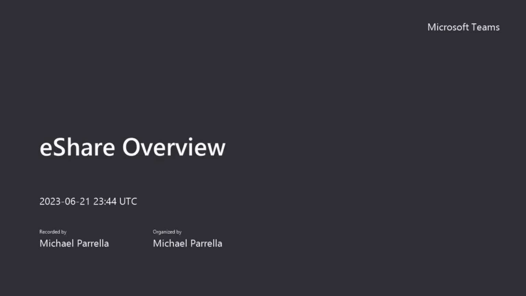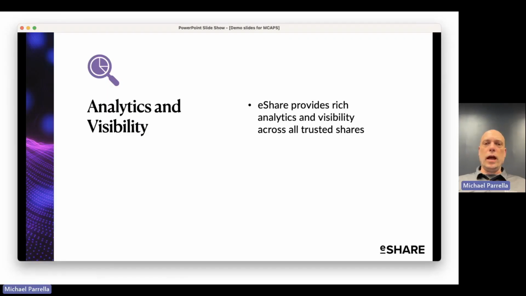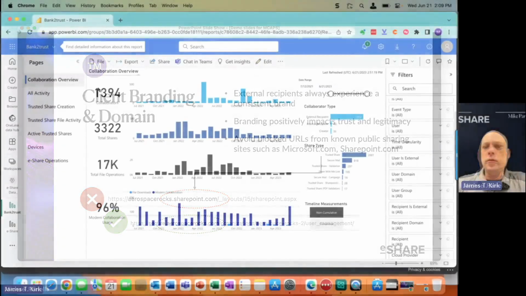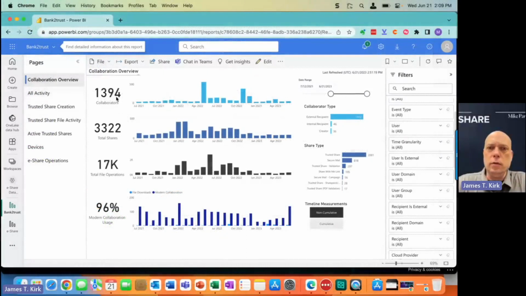And you can ensure that your data is being used in a compliant manner and that there are no risky behaviors going on. The eShare Analytics module allows you to take that information and those dashboards and put them in your own private BI, Power BI instance, which allows you to attach it to other data sources in your environment and get even richer information about the flow of your data. Many of our customers use our dashboards natively in their environments, and some augment them with their own information. Now let's understand the visibility and analytics that come with the eShare installation.